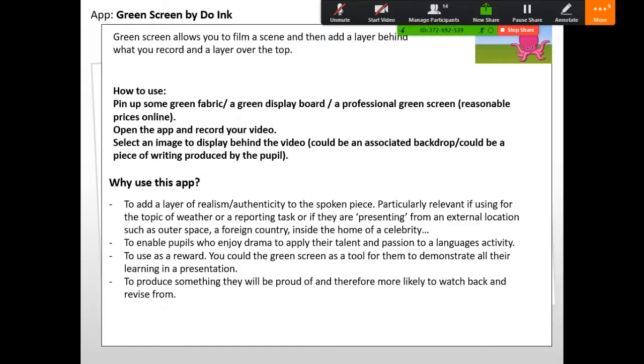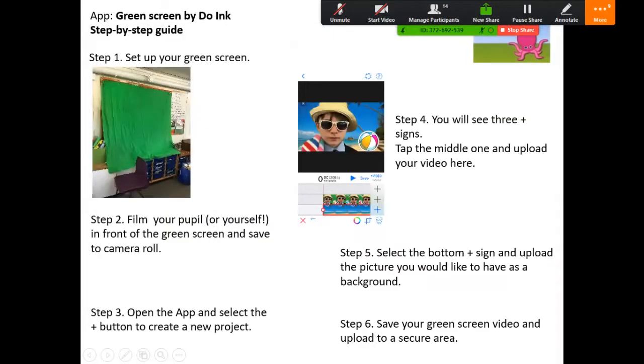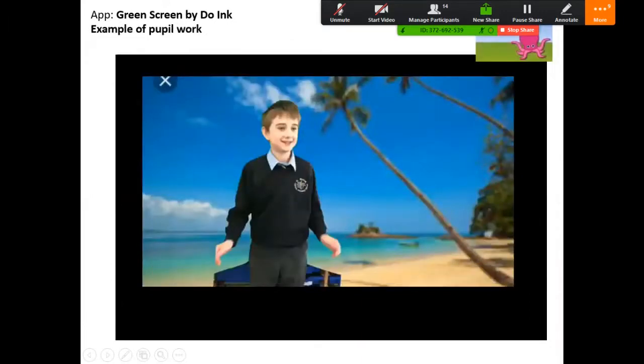So if we go on to the next screen, which will be a step-by-step guide, if you want to use this later and have a look how, in fact I'll just pause on that because you can see my screen from yesterday. It's just pinned up to the notice board, the display board, and it's as easy as that. Now this boy you'll see, just looking at his face there, it says it all really. He's thrilled to be doing this. He's not the most enthusiastic in the languages lesson, but he loves drama. And so for him, this will be a memorable experience. He's already seen the finished product and he was really proud of what he did here. So if we can play this.